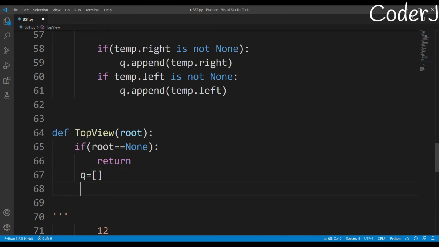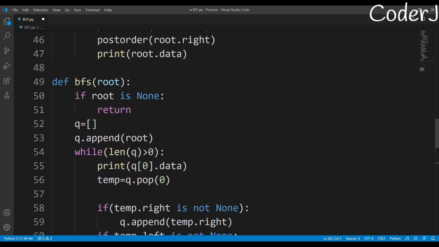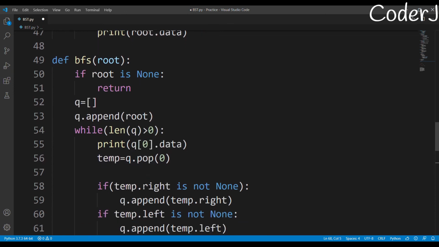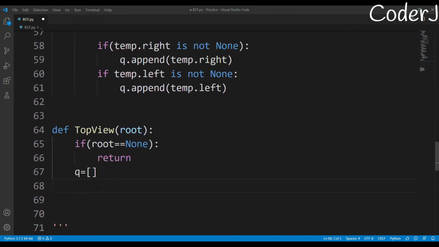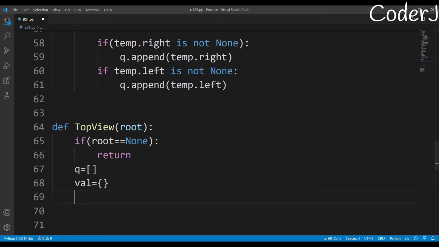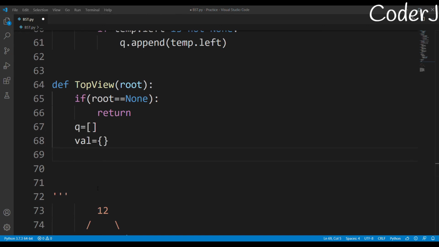So I'll have a queue, right? I'm creating a queue. I hope you are pretty clear with how we do a BFS traversal, right? So I'll just give a quick revision. We make a queue, we append the root, and then we keep on pushing its left and right child, and then we keep printing them in an order. Okay. So we'll make a queue, and I need another thing, and that is, let's say, the vals. This is a dictionary, a map, or a hash map. And I'll use the local variable name HD. This will store the horizontal distance of the current node where I am, right? So HD equals 0, and root.HD equals HD.